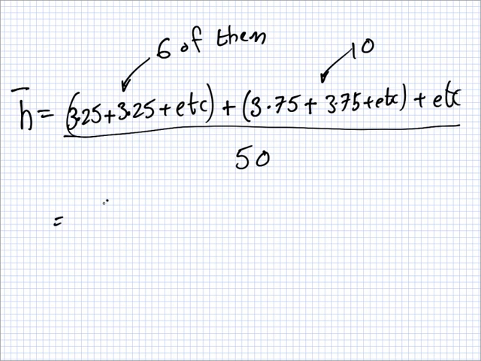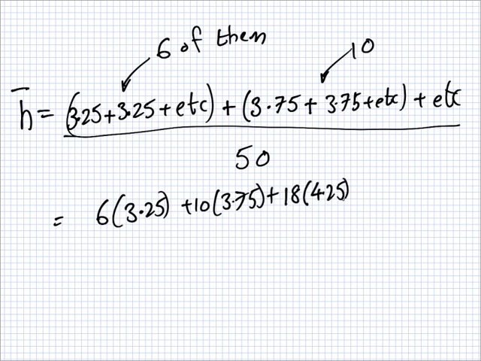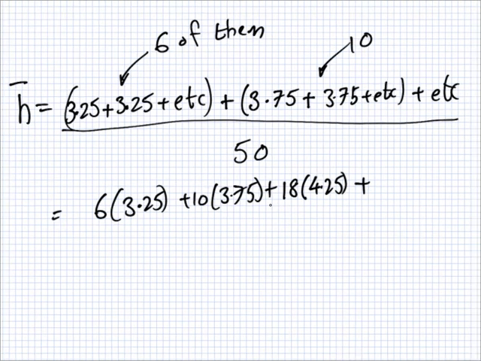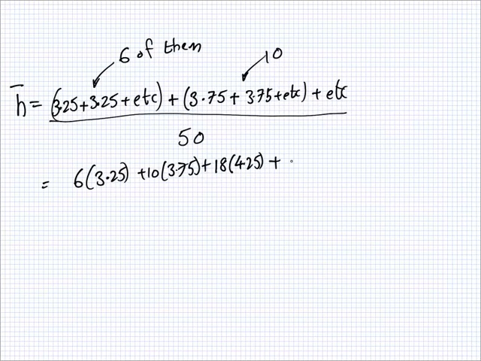What I'll end up getting is 6 times 3.25 plus 10 times 3.75 plus 18 times 4.25 plus 12 times 4.75 plus 4 times 5.25